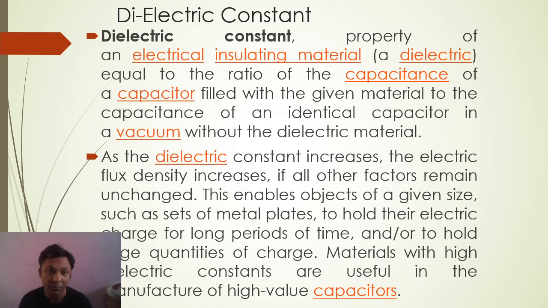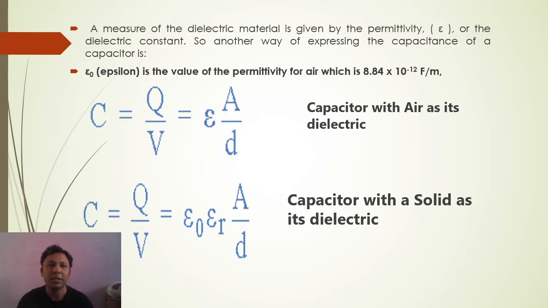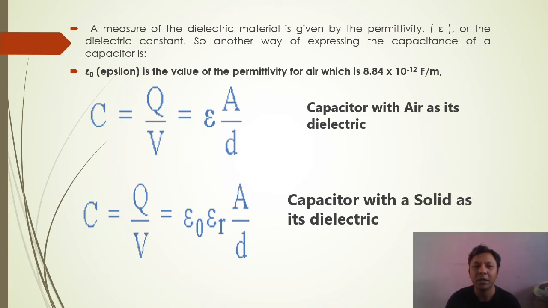So the dielectric material used will affect the charging of the capacitor. Now, what is the effect of the dielectric constant on the charge or stored energy? Meaning how does the dielectric constant affect the charging of a capacitance? Look, you can see that C equals Q upon V. Here epsilon is your permittivity, the dielectric permittivity, either relative or whatever permittivity we are using.